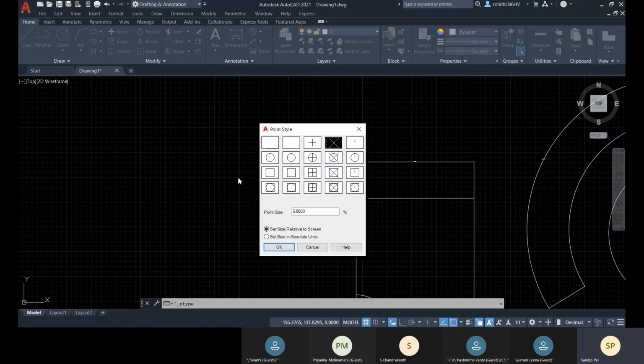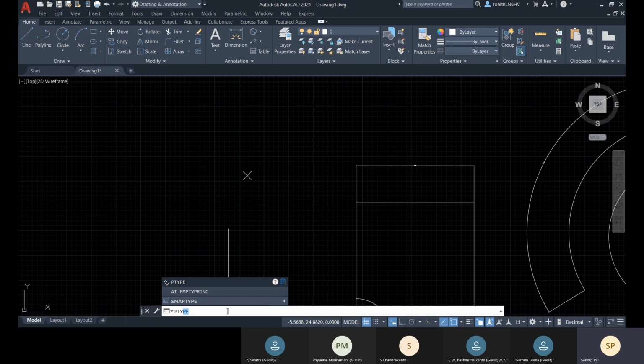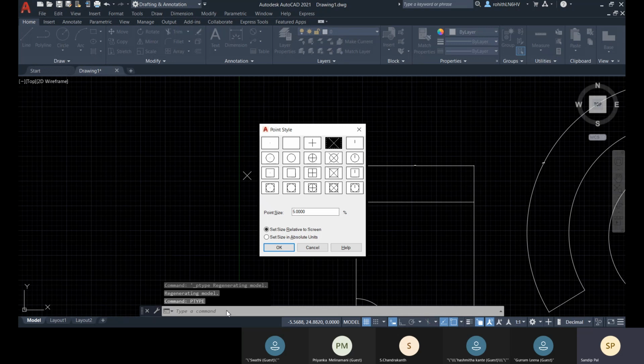So now let me change this style to a cross and click on OK, and here you can see you can do the same by typing ptype. There you find it, and now you can change the point size, like 50.